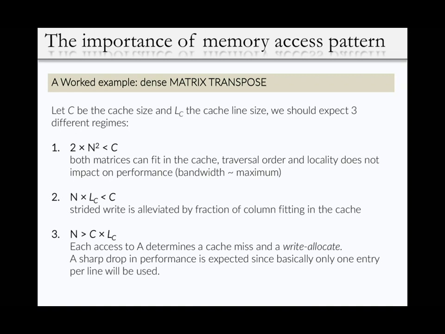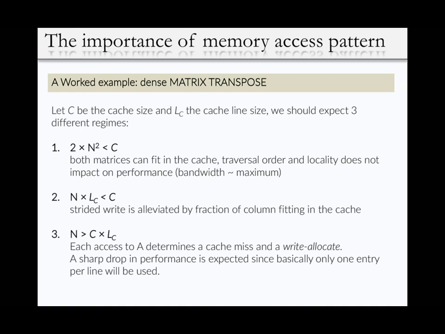Either both of the matrices can fit in the cache, so you don't have to bother about anything, or one of the matrices fits in the cache, or otherwise you have very large